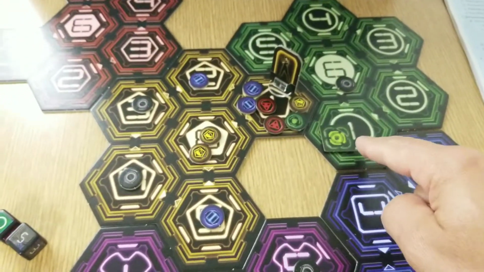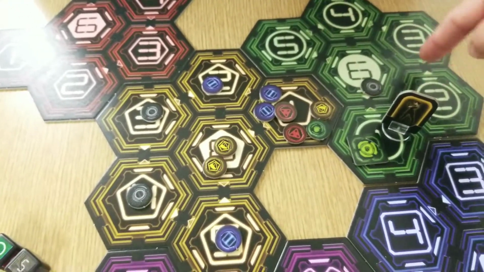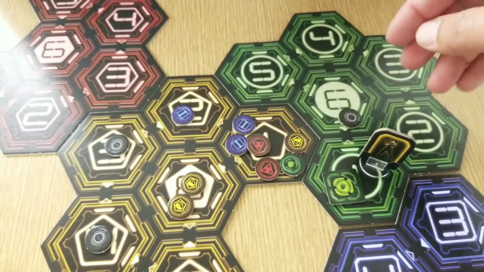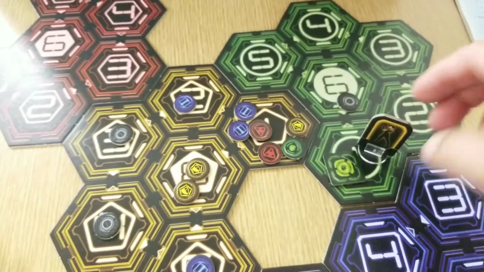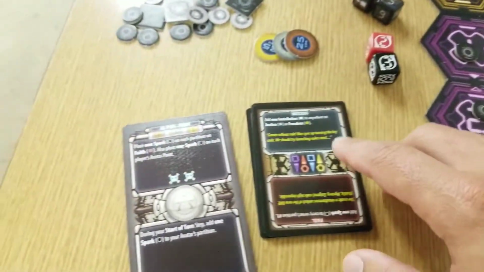Okay, and so that is an awesome thing to have. If my avatar's here, I can basically take an action anywhere on the green server as if I was there. I ghost. Anyway, it's pretty awesome. So